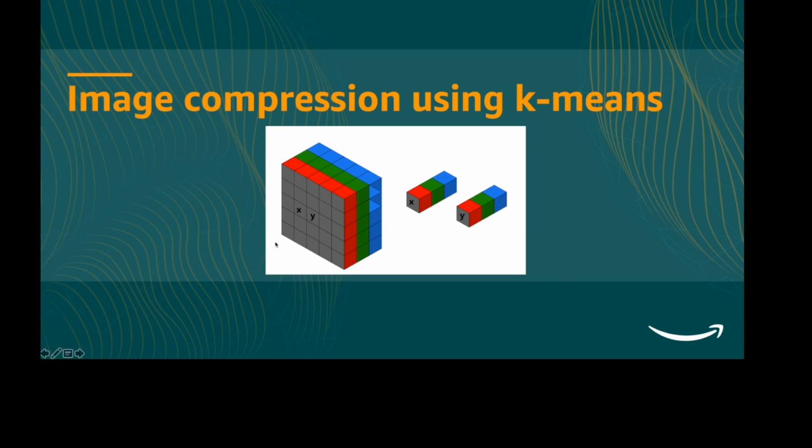So for example, if you have a 512 by 512 image, and there are x and y pixels, x is represented by a 3-dimensional vector which denotes the RGB value, and similarly y. Now to do k-means, you treat each pixel as a data point and perform clustering using these data points. So if you have a 512 by 512 image, you will have roughly 25,000 data points in your data set, and each data point is a 3-dimensional vector which contains RGB values.